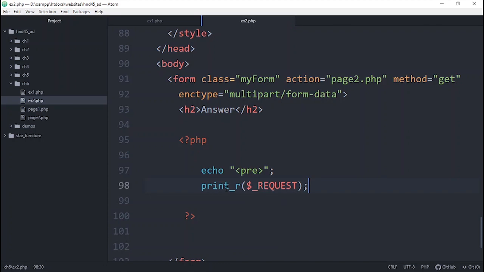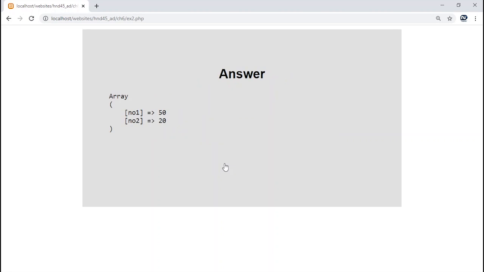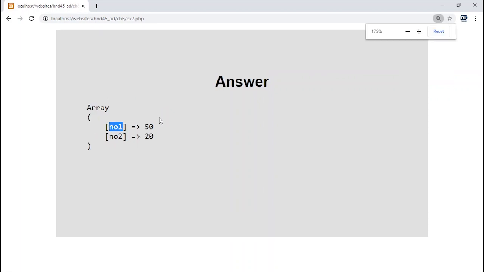This array you have to print and see first of all what it is receiving. So we'll refresh this and click on the calculate button. There you can see this array is properly taking the values to the second page, and it has the values, number 1, number 2, like this.